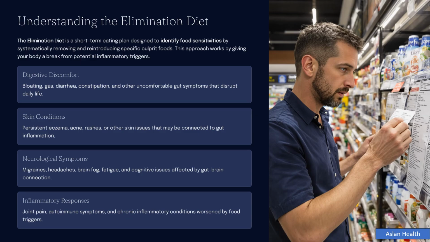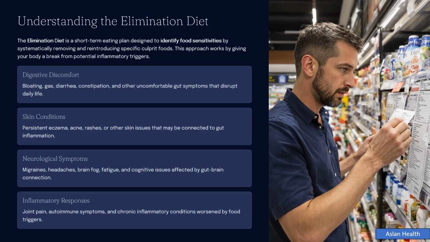The first of these two is the elimination diet, by far more common and more familiar to most. And it's not really a diet, it's an eating plan. It's a short-term plan designed to identify food sensitivities. You systematically remove foods, particular ones, categories, classes, or types, and then reintroduce them specifically to find out what the culprit foods are. It's often used for people that experience a number of digestive or GI related symptoms, including just